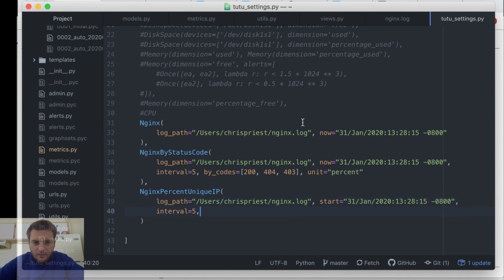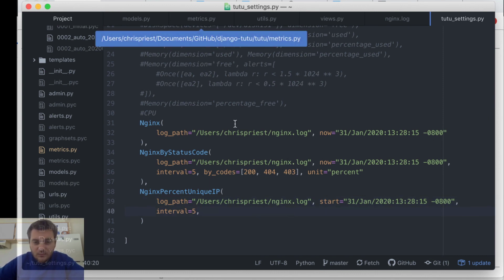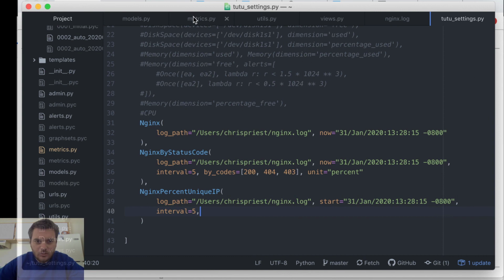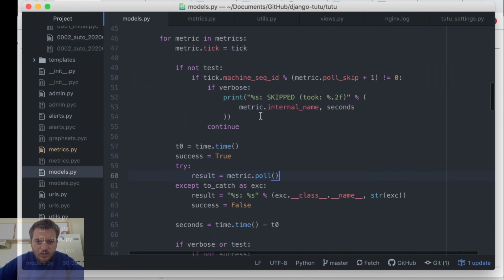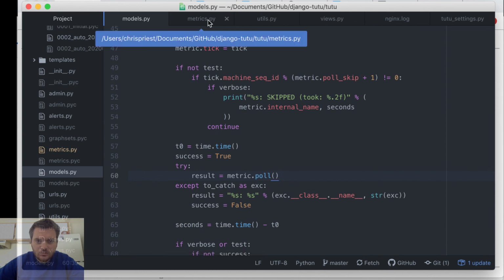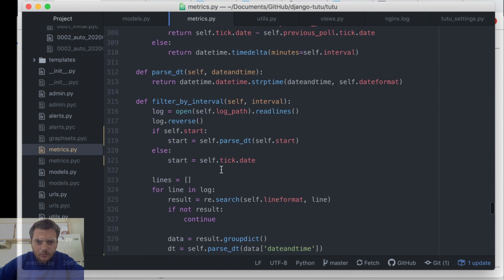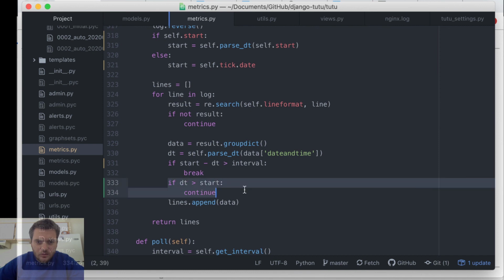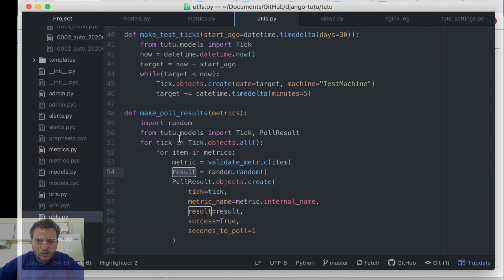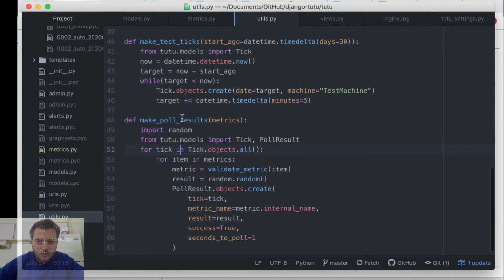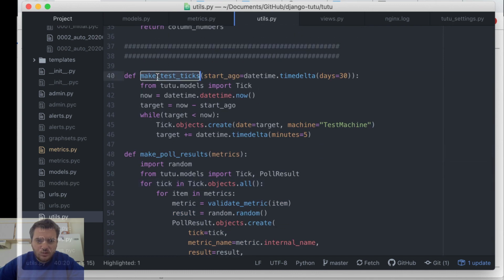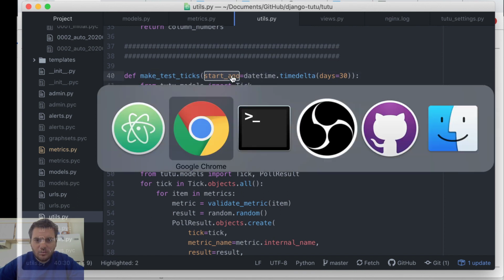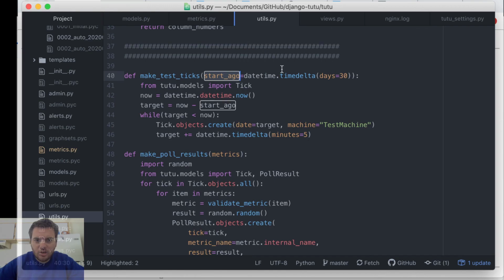And that's all. That's going to be it for this video. In the next video, I'm going to actually test out that line I just wrote. This right here. So I'm going to go back to this function that I wrote like 2 months ago, where it just loops. It makes test ticks, so it'll loop. We'll give it a start ago. And so what I'm going to do is start ago is going to be